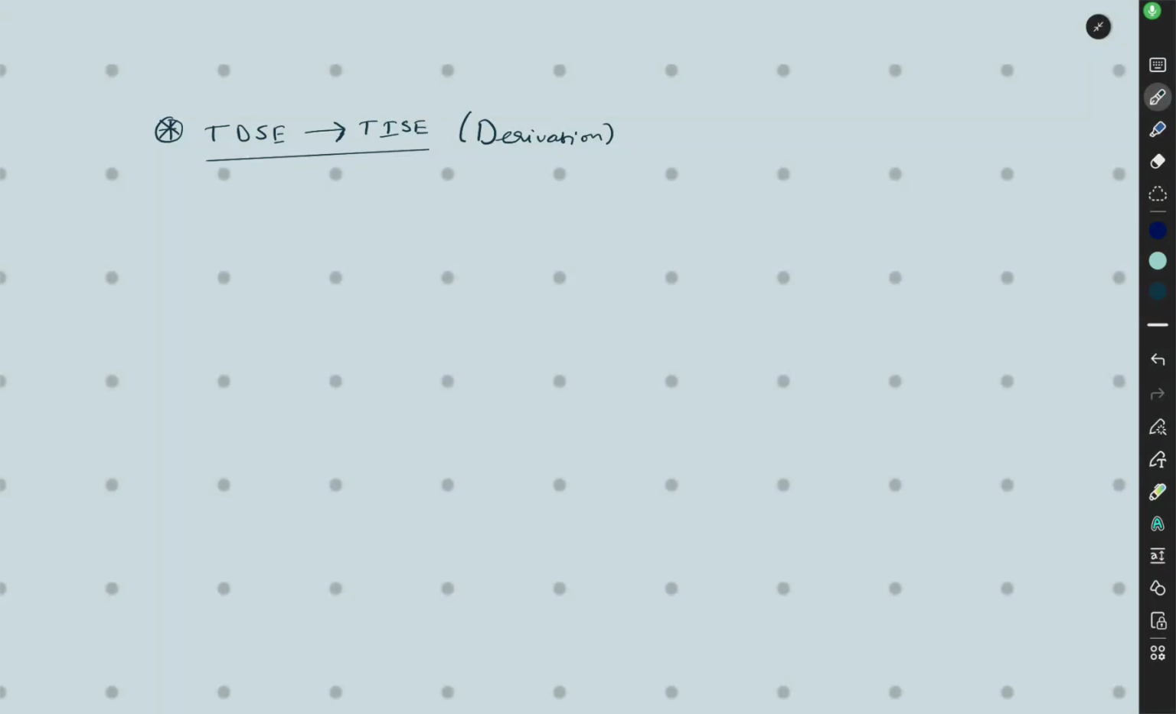Hello everyone. Today we are going to cover one of the most fundamental derivations in quantum mechanics. That is how we get the time independent Schrodinger's equation from its parent, that is the time dependent Schrodinger's equation. So this is a crucial step. The time dependent Schrodinger's equation